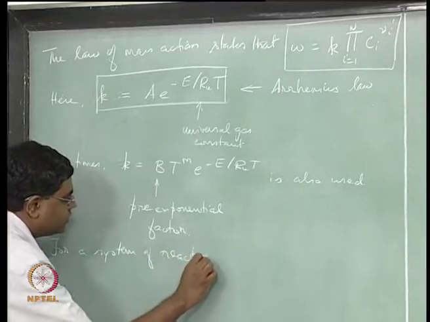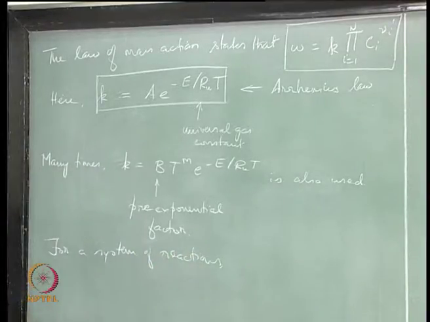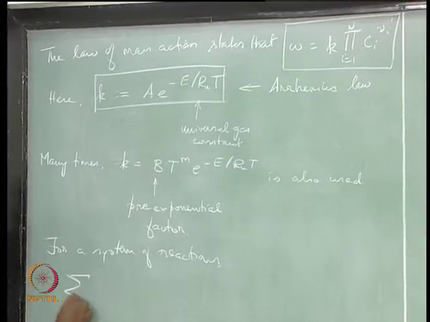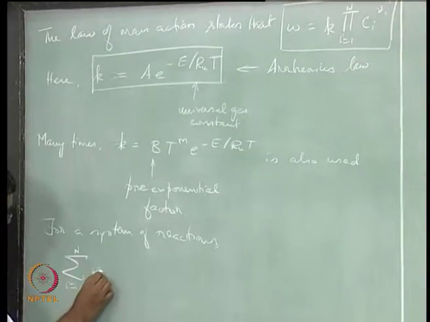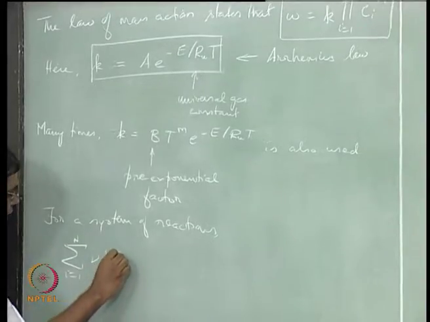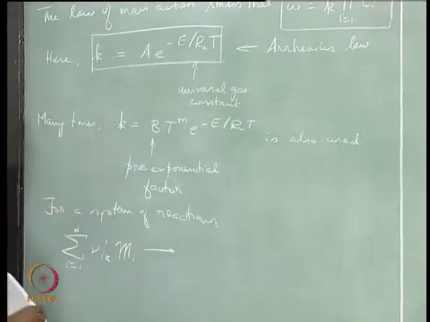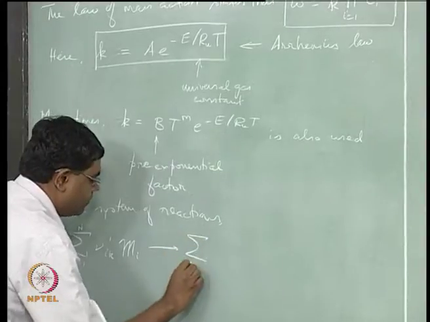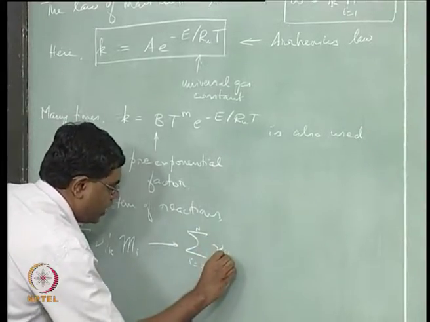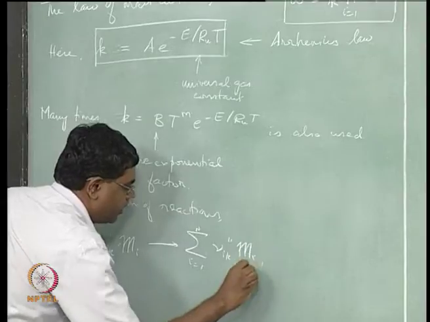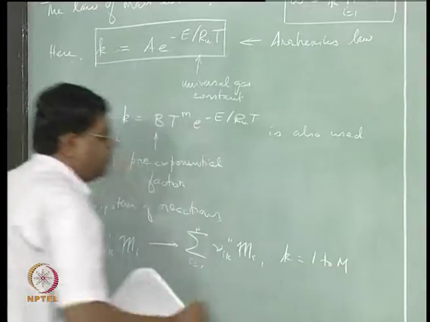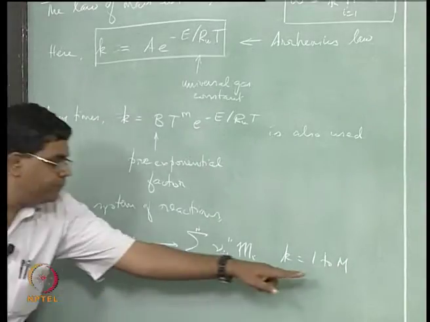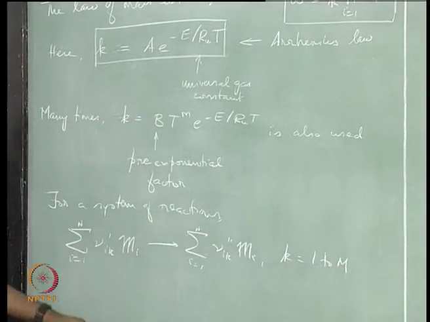And then we now say for a system of reactions, so how do you write a system of reactions? You now say sum over i equals 1 to n of nu_ik single prime M_i gives sum over i equals 1 to n of nu_ik double prime M_i, k equal to 1 to M. So capital M indicates the number of reactions that you are going to have,